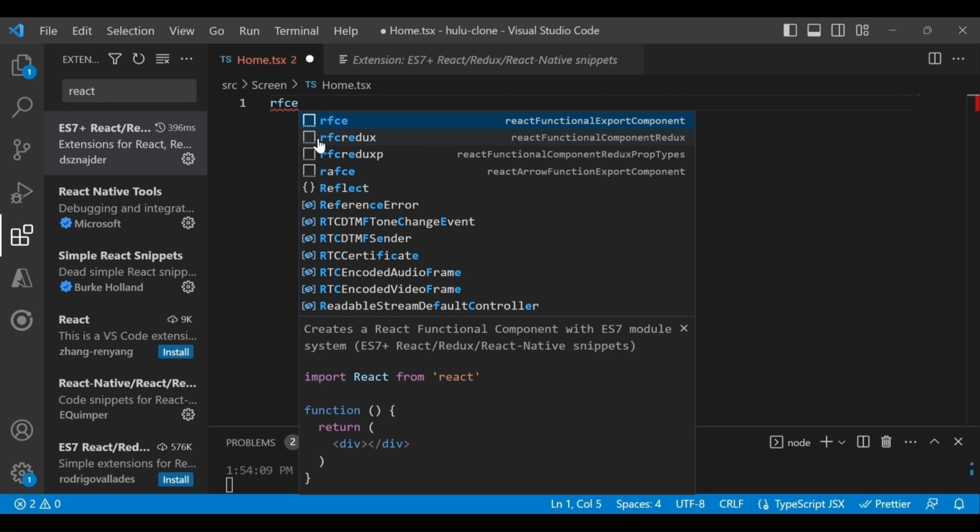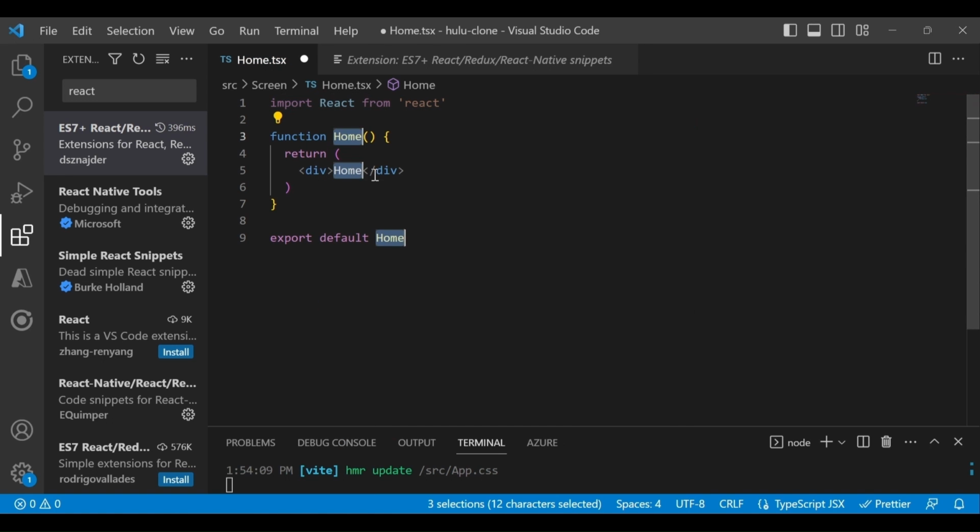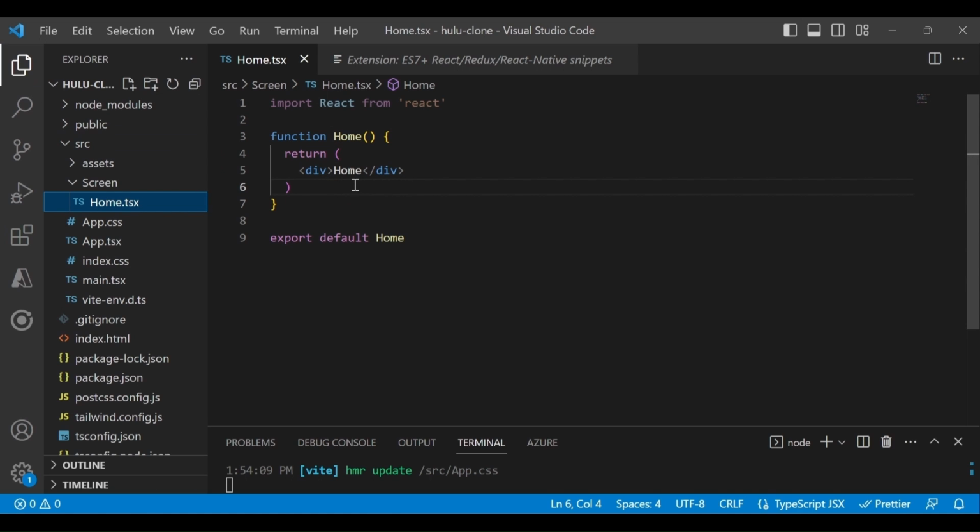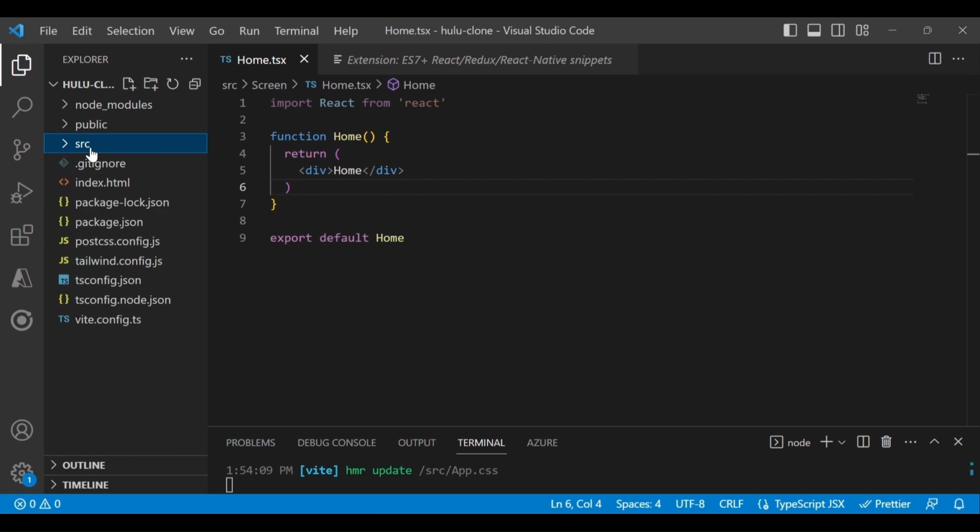Just type rfce and enter, and you will get this template, right? They have a lot of different default templates, you just explore it. But for now, just type rfc after installing this extension, and it will write it for you, as simple as that, right? So I created this home page as our home screen.